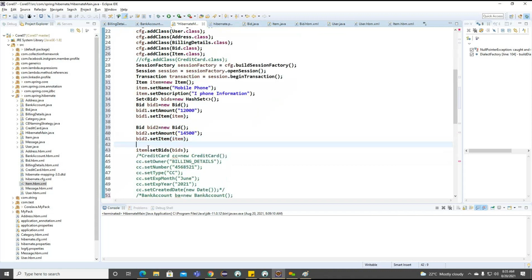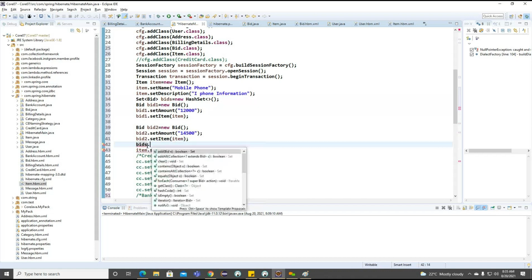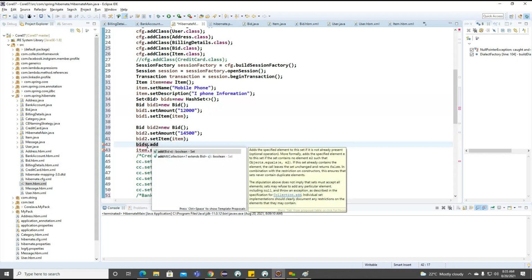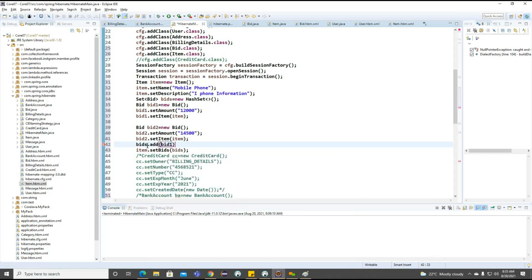After providing this, we are having 2 bid records, 1 item. Now what we can do, so using this particular bids dot add, bid 1 I added, and here I added bid 2.